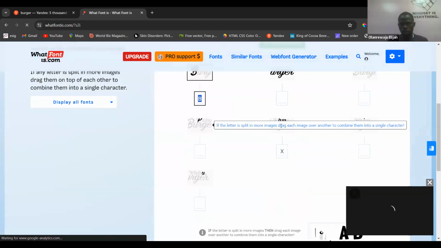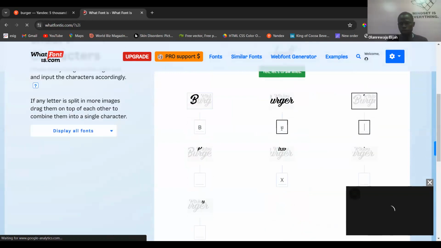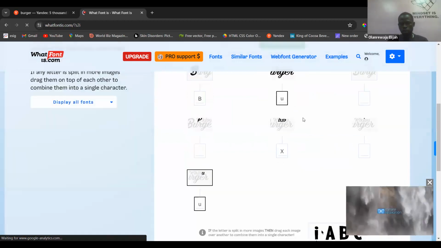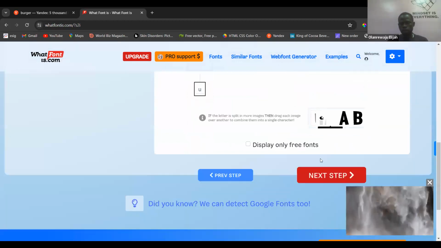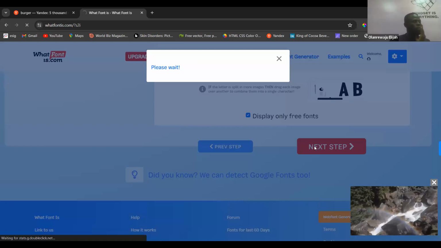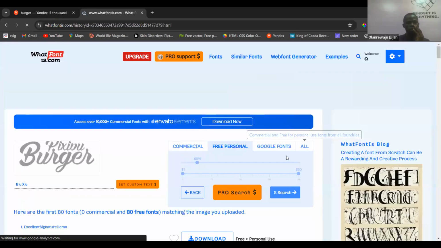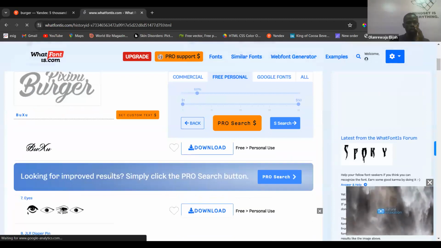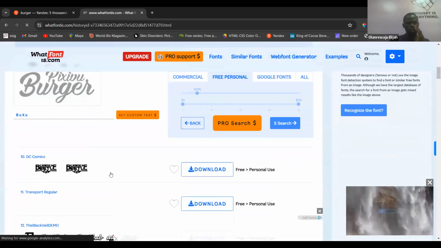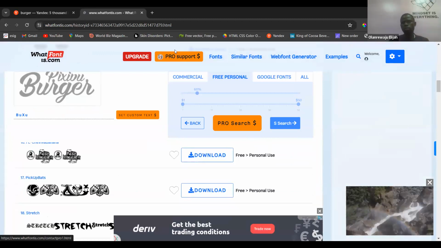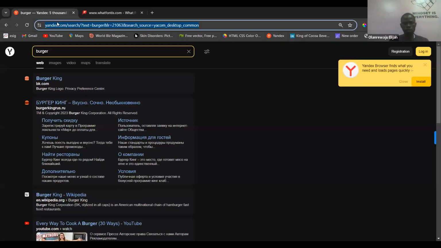Okay. It has even helped us with some of them. Okay, let's see this one. Let's see what is going to give us now. Okay, at least this one still displays some fonts. But this didn't give us what we want. Let me try something else.